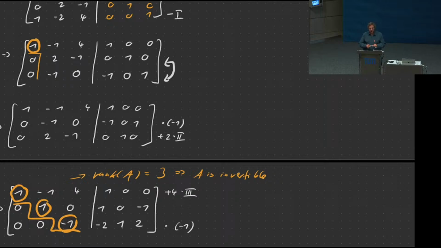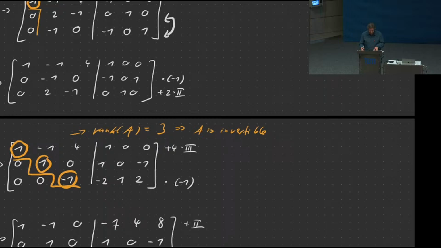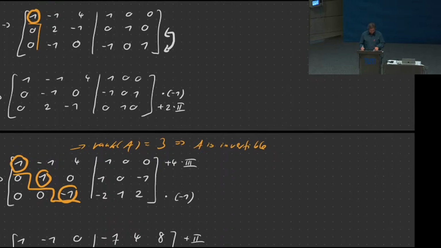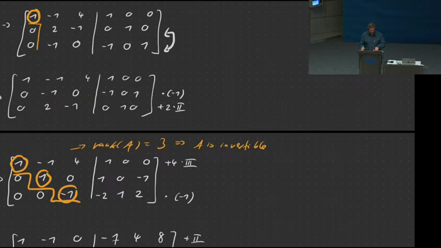And of course, you can do that, right? Changing the rows just means changing the order of the equations. And remember, basically, we're solving n equations at the same time. So changing the order of the equations doesn't change what we are doing here. It doesn't change the outcome in particular. So that is totally fine. We can change the rows if we want to. And I did that here. Again, don't forget to also take the right-hand side when you change those rows.